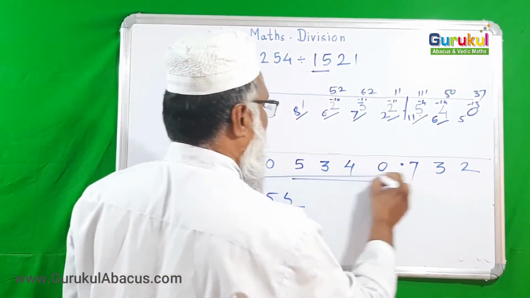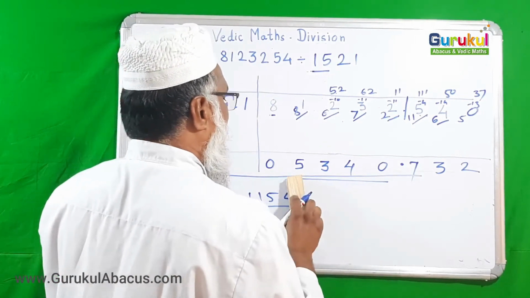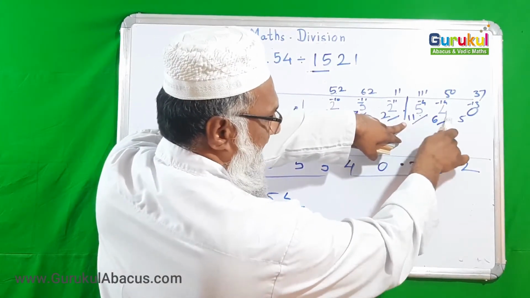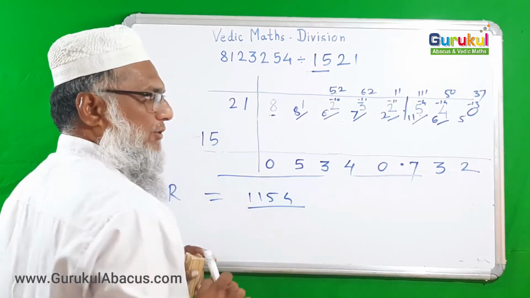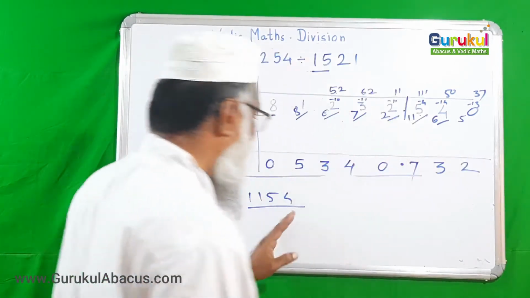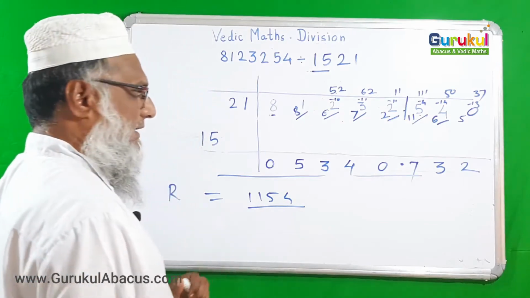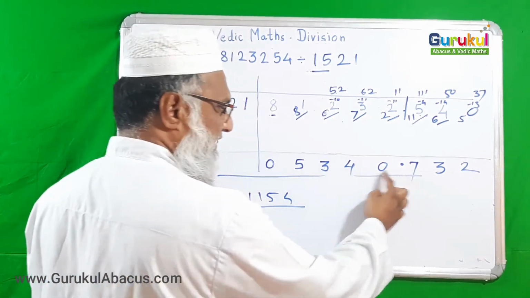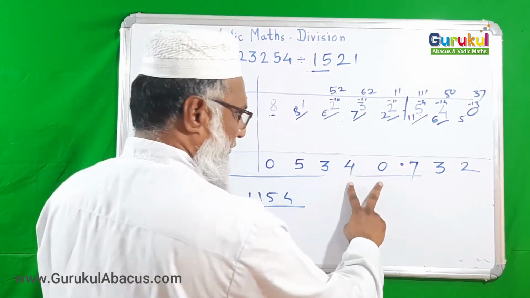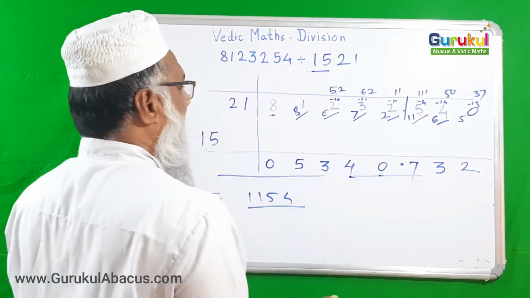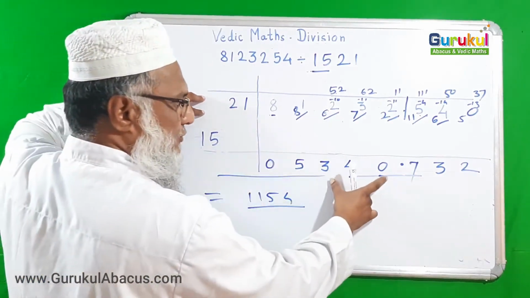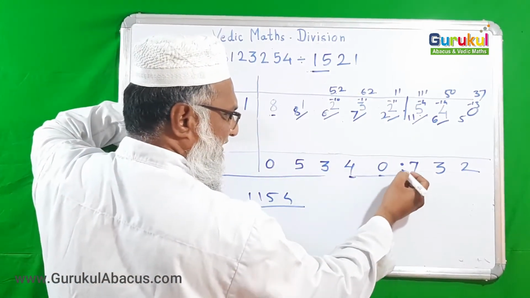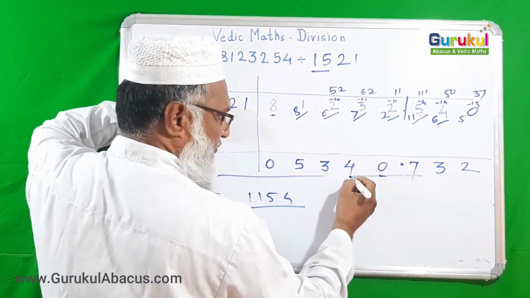To find the remainder of this example, what are you doing? Firstly you write that number, and how did you create it? From that side you have taken 11 and 5 is there, so you write 1154 here. Then from this 1154 you should subtract something, and what to subtract? Before that, here are two flag digits, so before the decimal point, meaning the unit and tens place, choose only two digits. If there were three flag digits, then we could choose 3. So here I am choosing two digits from the decimal point. I have chosen 0 and 4.